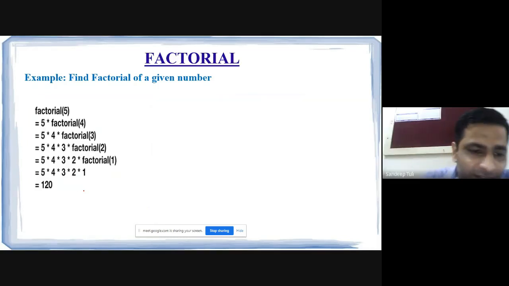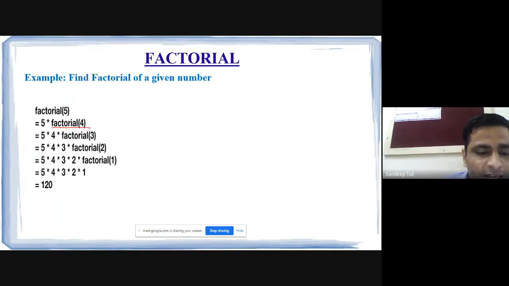So again, with the help of this diagram, you can understand. One more attempt to give a clearer idea. Have a look at this. If you have any doubt, you can ask me now. Now suppose factorial 5 is being called. So what happens now? 5 into factorial 4 will be there, and factorial 4 again means recursion.